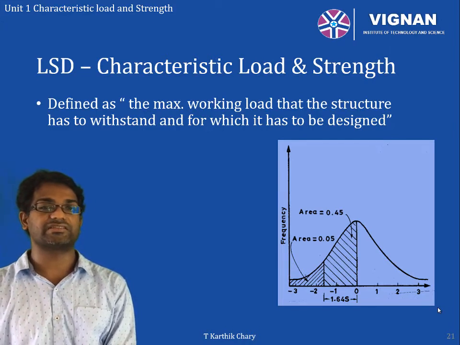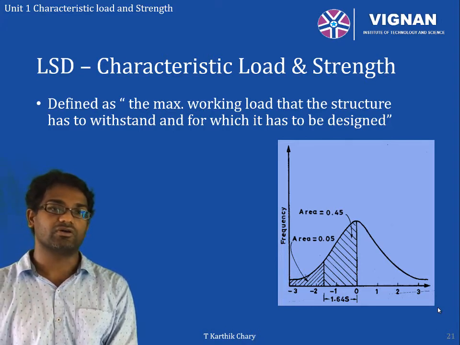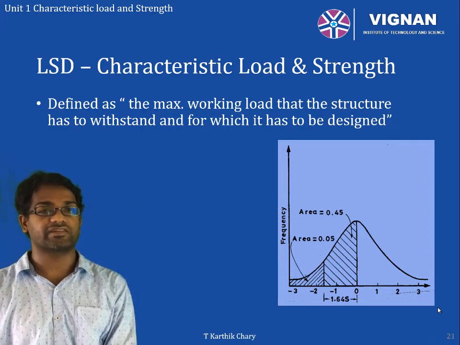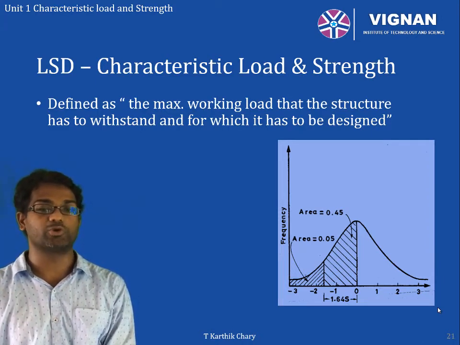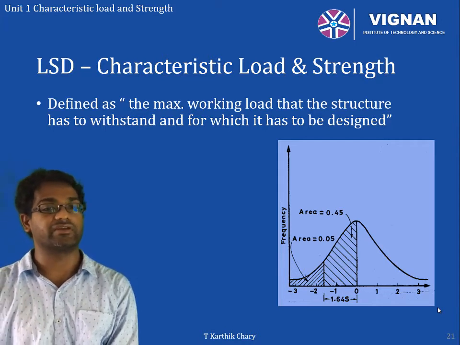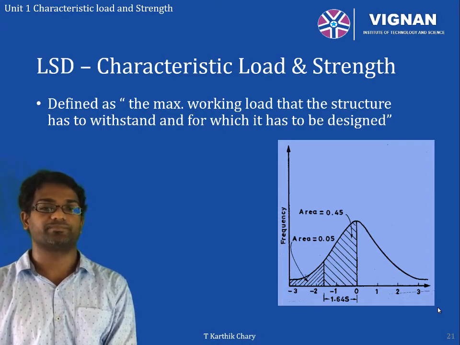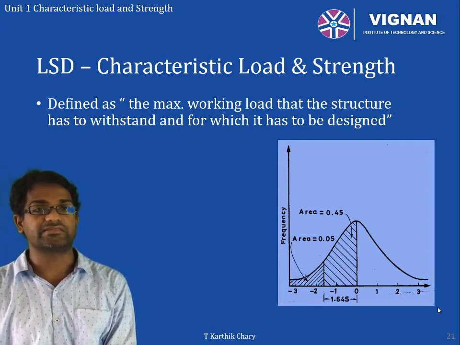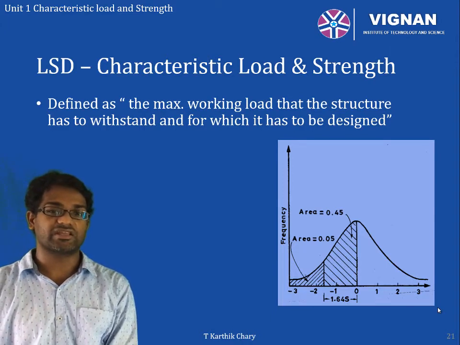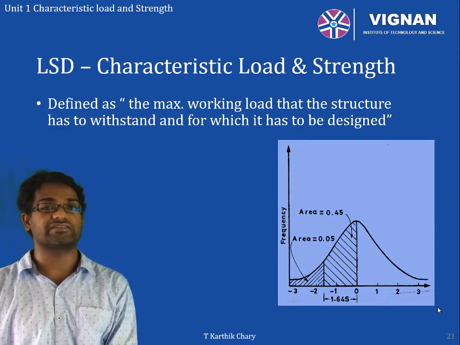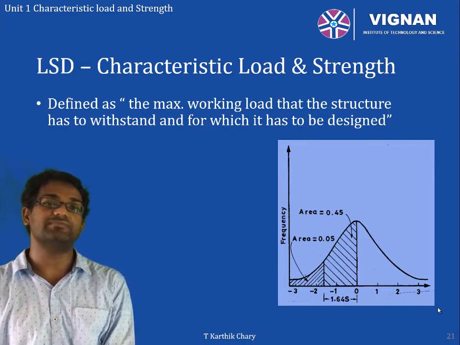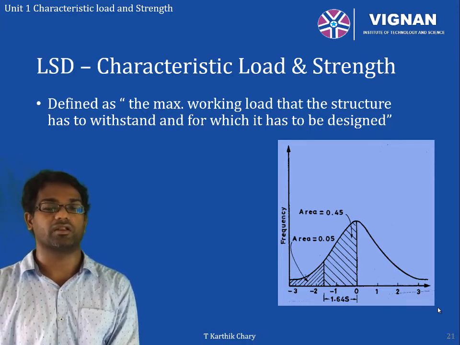The right side represents how many times the load is expected to happen with reference to the average. For example, if I take any value in the positive range from 2 to 3 by referring to the figure, if I pinpoint any location in between 2 to 3, what it means is the structure has a frequency of 2 to 3 times the capacity of the normal value, which is at 0.